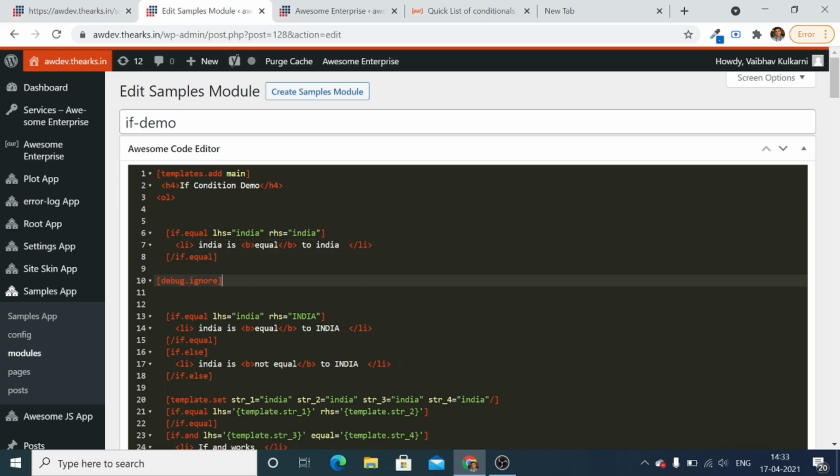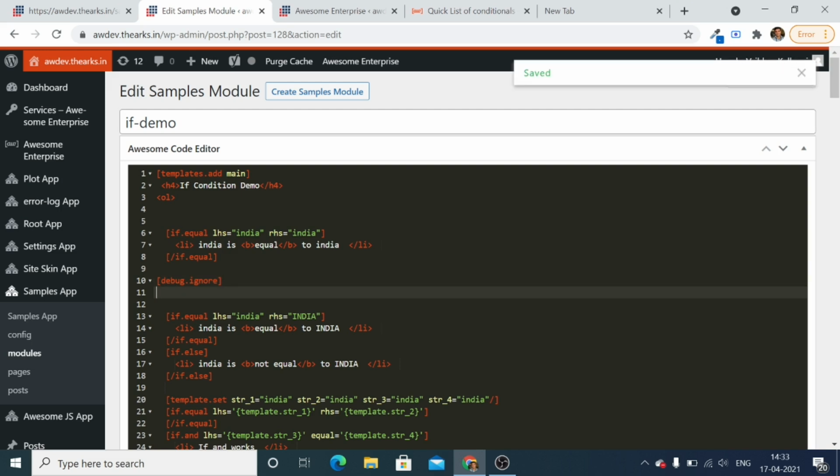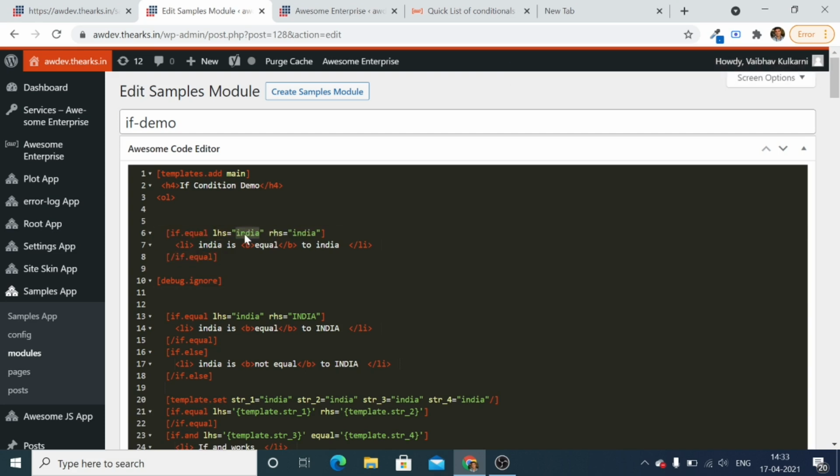So the debug.ignore will help us to ignore the block of code. So this is our first example. In this we are comparing the first string with another string. So we have two strings. In the LHS the first string is defined, in the RHS the second string is defined.